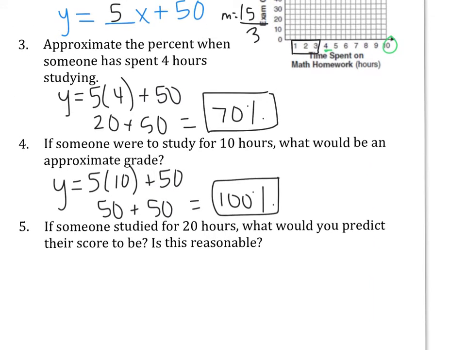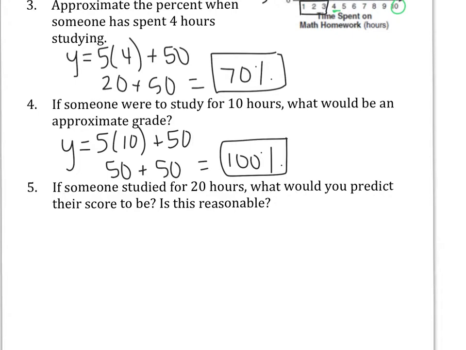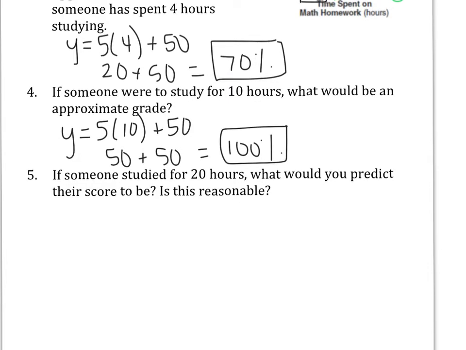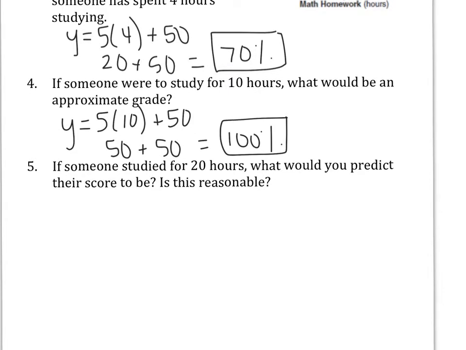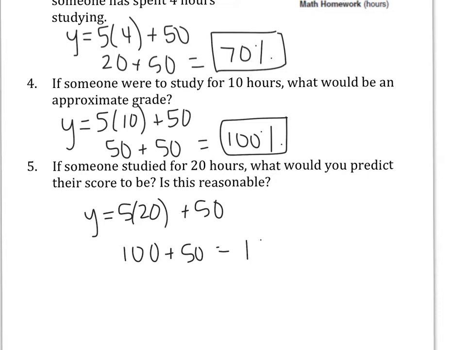Now, is that realistic? Well, maybe. I mean, studying for 10 hours is a long time. I would hope that if you studied for that long, you would be able to have the material mastered and could get 100%. All right. If someone studied for 20 hours, what would you predict their score to be? Is this reasonable? So if I plug in 20 and solve, 5 times 20 is 100 plus 50 would equal